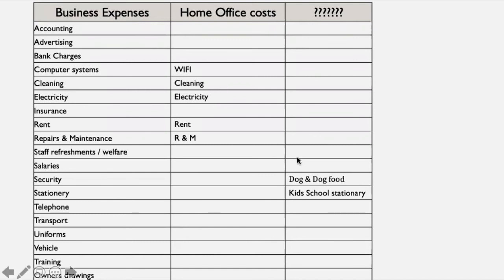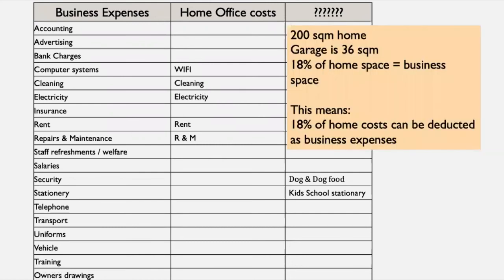So any of these costs that I would typically still be paying if I was just living in my house and wasn't working from my house. Okay, Wi-Fi, cleaning, electricity, insurance is actually relevant, rent, repairs and maintenance, staff refreshments, welfare, all of those things are home office costs that you're incurring anyway. So how much of what I'm spending in my house can I deduct as a tax deductible expense in my business? So the rule of thumb is that,